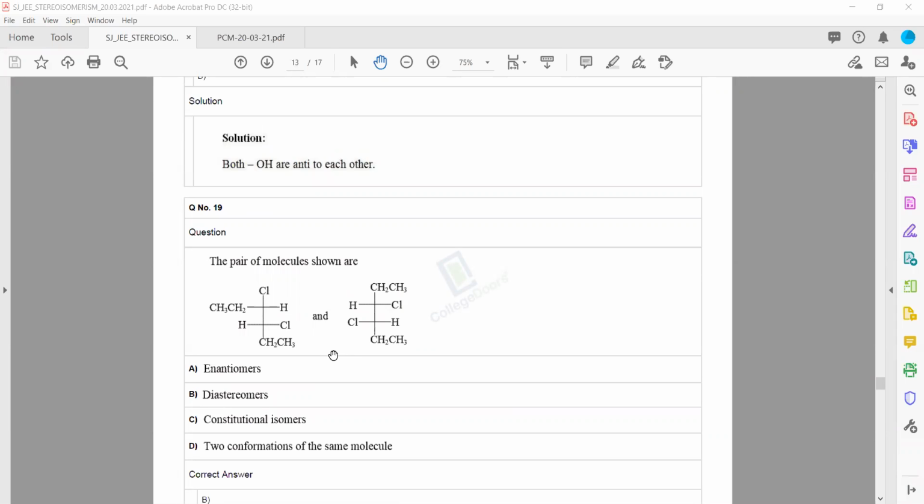Then there should be an option of mesomers or identical compounds, because even the conformation can have a difference, na. These two conformations of the same molecule option cannot come, because those two conformations can also have the relation of enantiomers, diastereomers or identical. So none of these four options would be valid if the configuration had been RS and RS or RS and SR. Then there would be one more option, or one of the options could have been replaced by mesomers or identical.